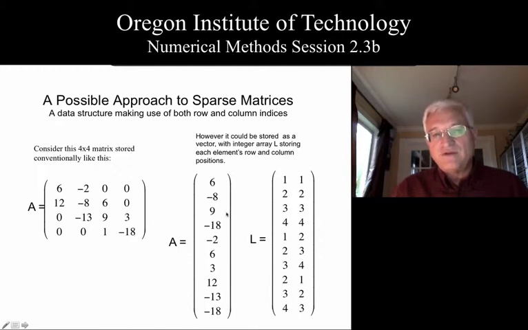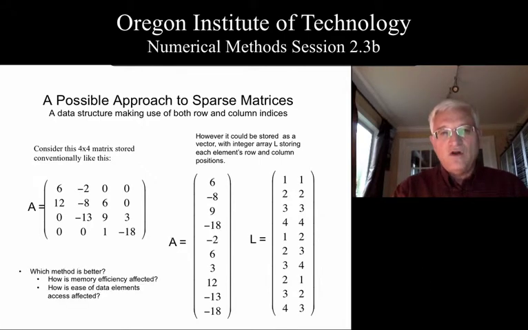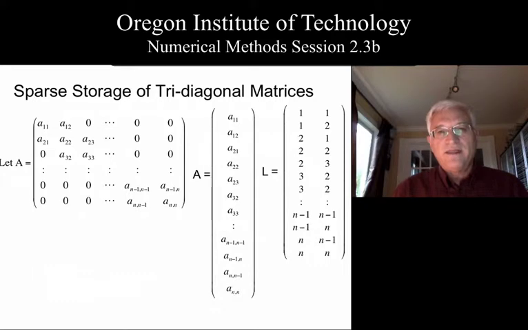If we knew the matrix would never get bigger than 256 by 256, we could change this to a single byte integer, and that only would require then 20 bytes in storing this result, bringing the total down to 100 bytes. And as the size or dimension of this matrix gets larger, the difference in storage becomes more and more pronounced. Let's take a look at an alternate way of storing a tridiagonal system or any sparse system.